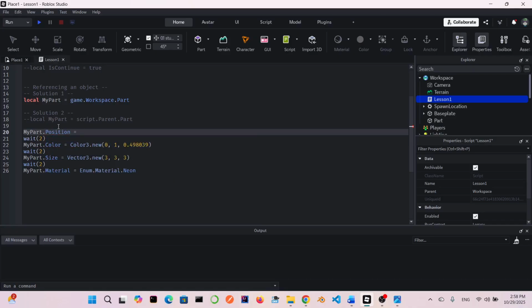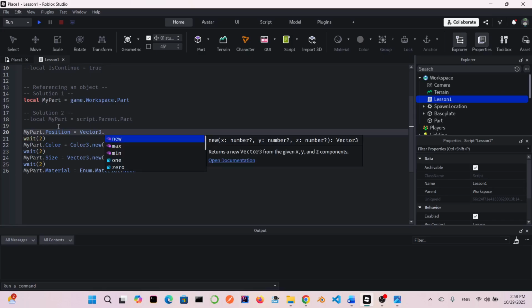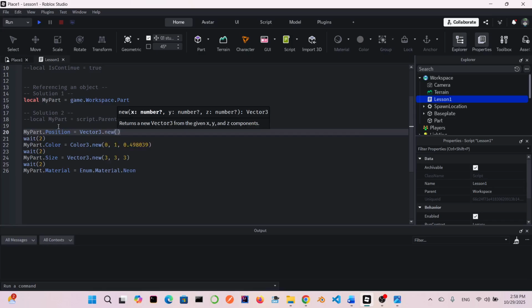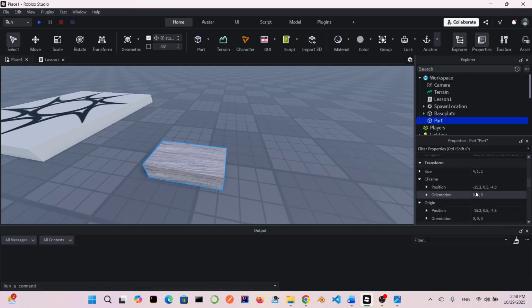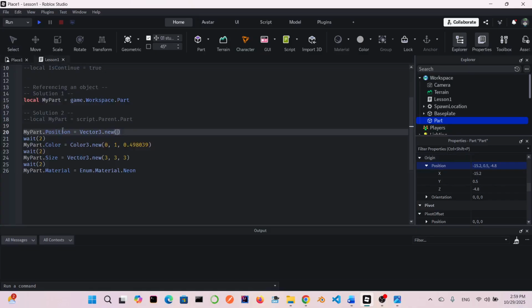position, and again because it's XYZ, you can use the Vector3. And the new, I like to put the position this. Let's check what is the current position. The current position is, I like to keep the x and z, just change the y. The current position, you can check here. Okay, even I can actually copy this one and put here, but I like to change this one, and I would like to see, for example, 2. Okay,